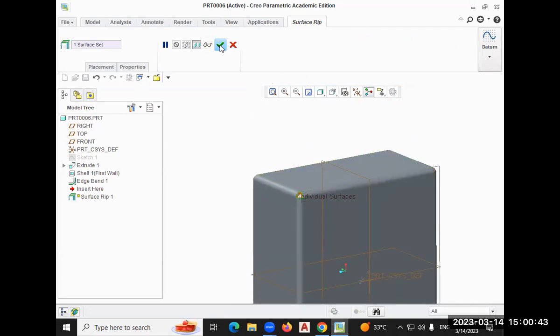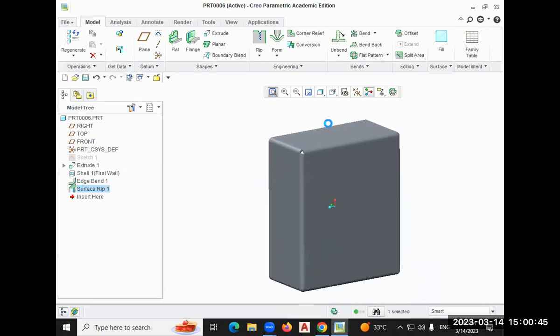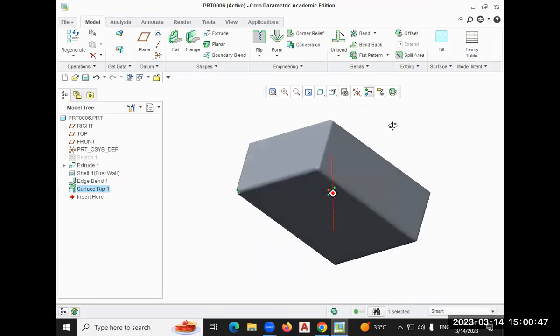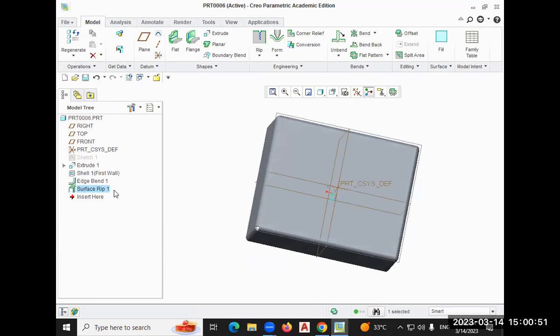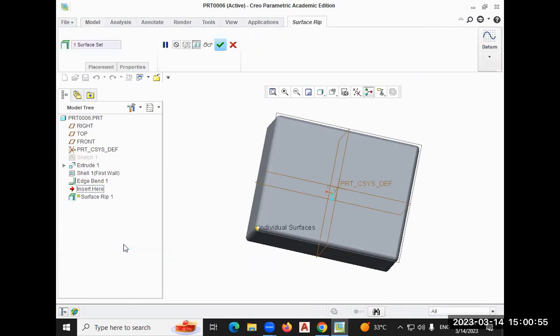And you can see whatever the surface that has been selected, that has been ripped or removed. Okay. So only one surface has been removed. So you can select edge and select